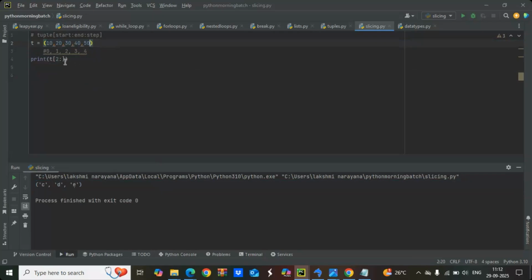These are the indexes for that. Same as usually, here we can put the 60 also. Simply here we can take one tuple and assign the values 10 to 60, and here we will start the